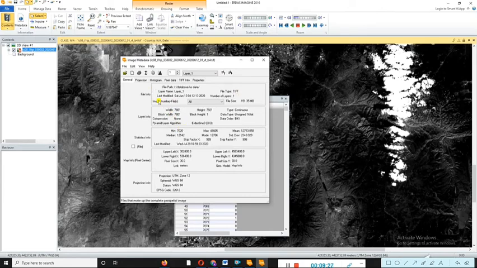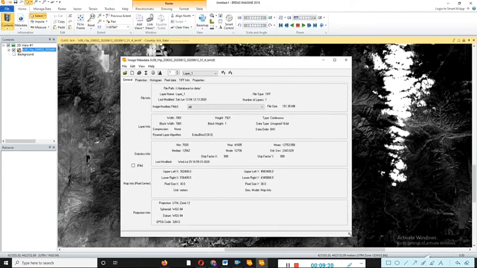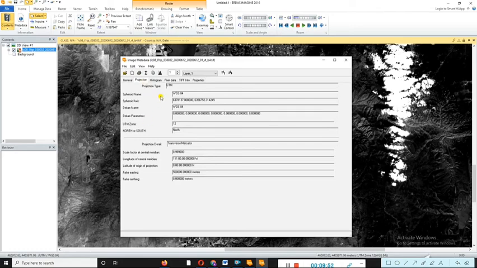It gives the full information about that file: lat-long positions, general file information, layer information, statistical information, then map pixels, then the projection coordinates, showing which place the data is from. Then the second is projections, in which there are UTM projection, WGS 84, and all details are explored, so you can see here.